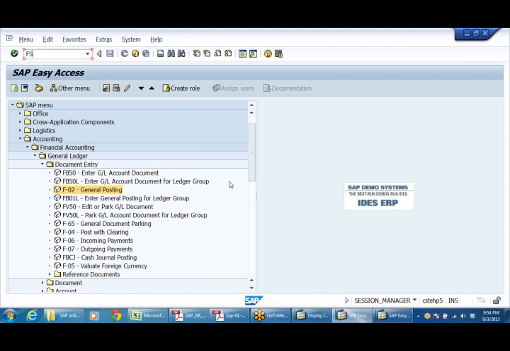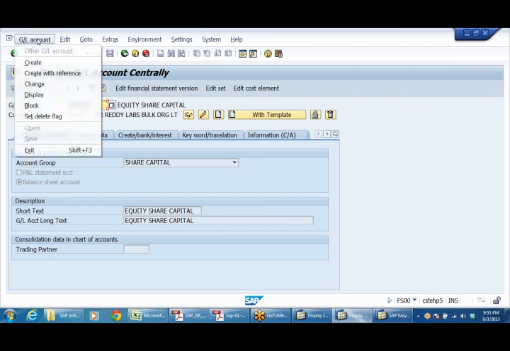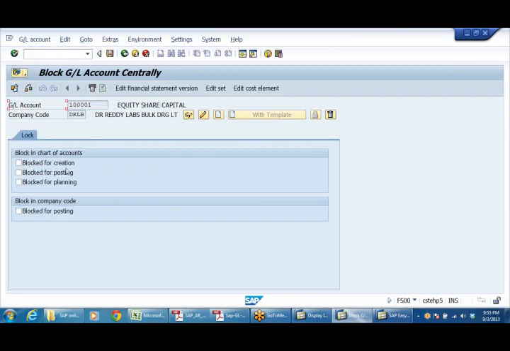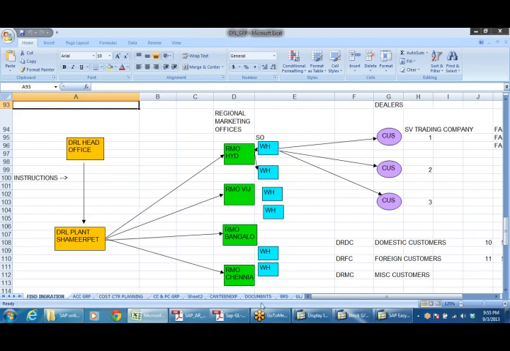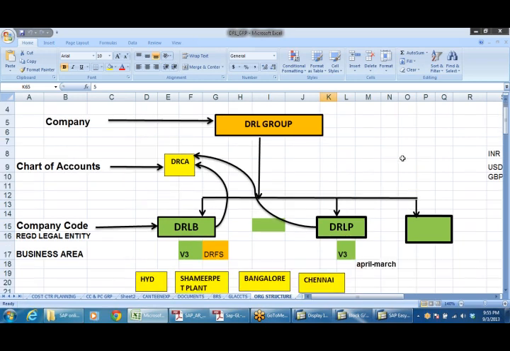So equity share capital account, say FS00. Equity share capital, go to GL account, block. Here blocking, block in the chart of accounts, block in company code. So this means I can block a GL account at company code level, or I can block a GL account at chart of accounts level.